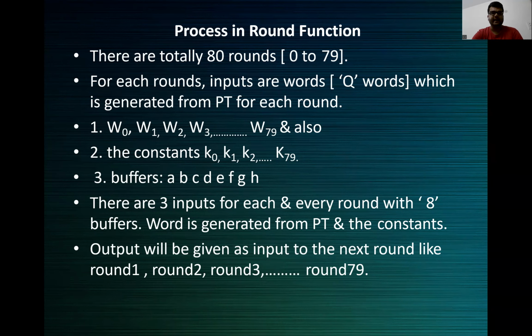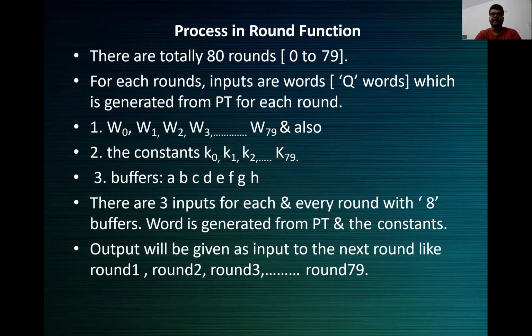from 0 to 79. For each round, the inputs are keywords, which are generated from PT for each round. So first we can see W0, W1, 2, 3 until 79, and also the constants K0, K1, 2, 3 till 79, and buffers A, B, C, D, E, F, G, H, and there are 3 inputs for each and every round with 8 buffers. So the word is generated from PT and the constants. And the output will be given as input to the next round, like round 1, round 2, round 3, and